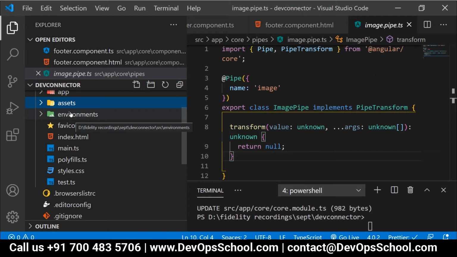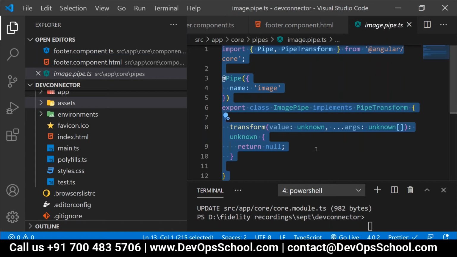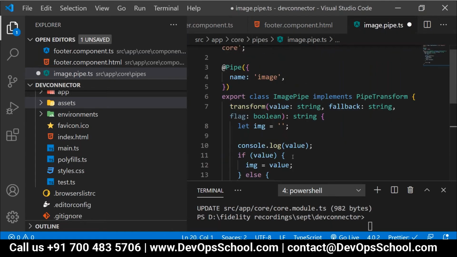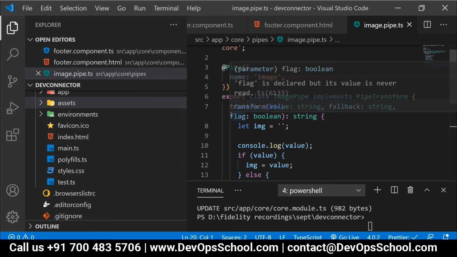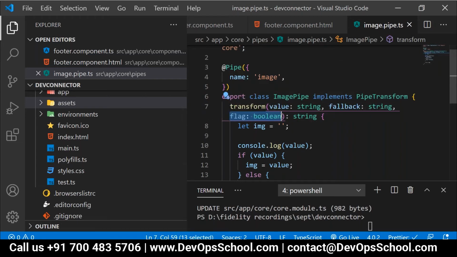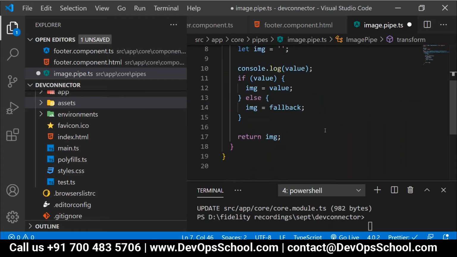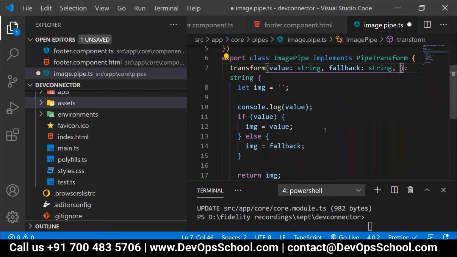Now, to confirm the same, I'm using my ready-made code over here so that I can give you the clarity. Here, this Boolean flag, as of now, I will not discuss.